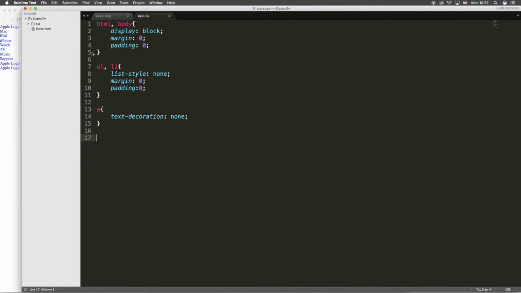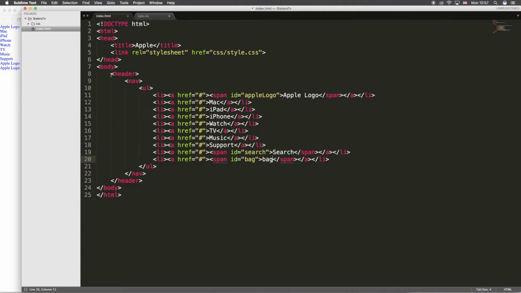You can see I've already reset it. Hopefully you're up to scratch on that. So we're going to start targeting from the top down. So for the header, because you might use header all over the page, we're going to give an ID of main header, and we're going to give this an ID of main nav, and all this is optional, but just to add more semantics to it, we're just going to name it like that: menu list items,